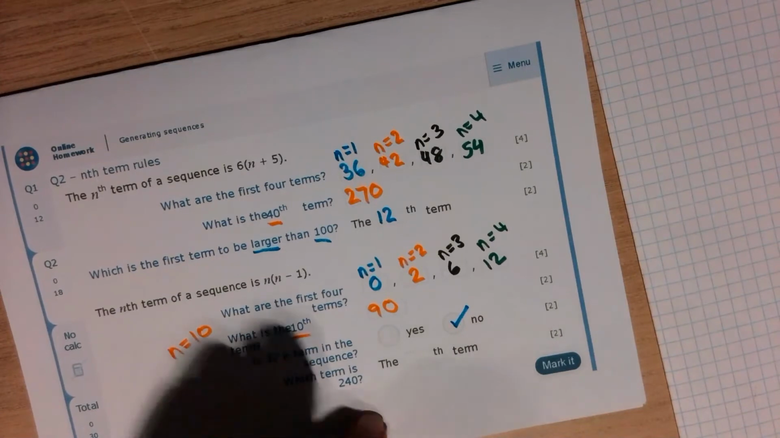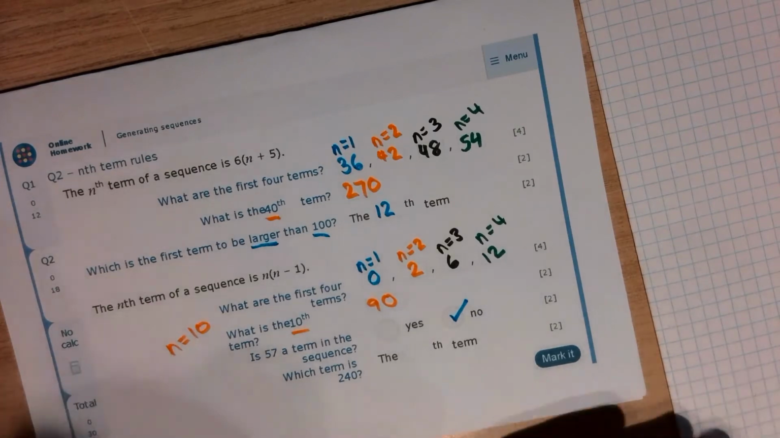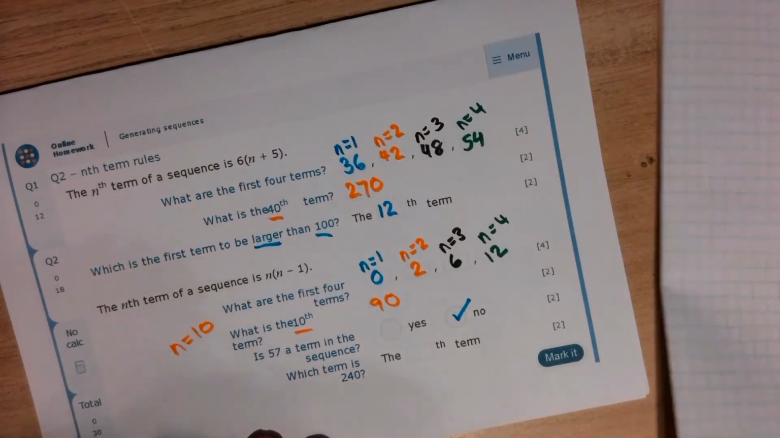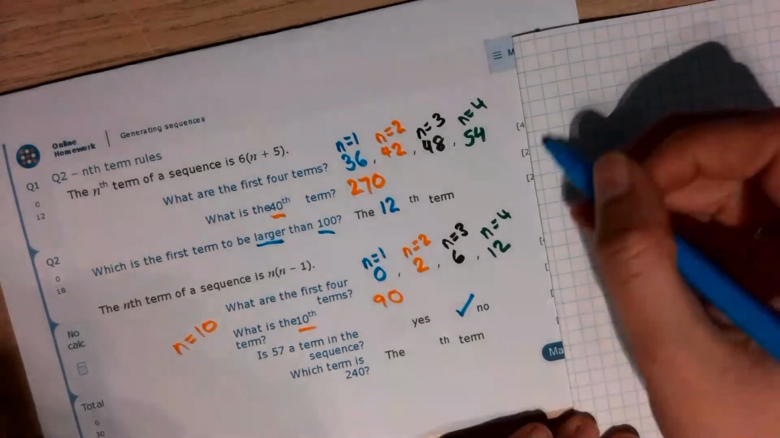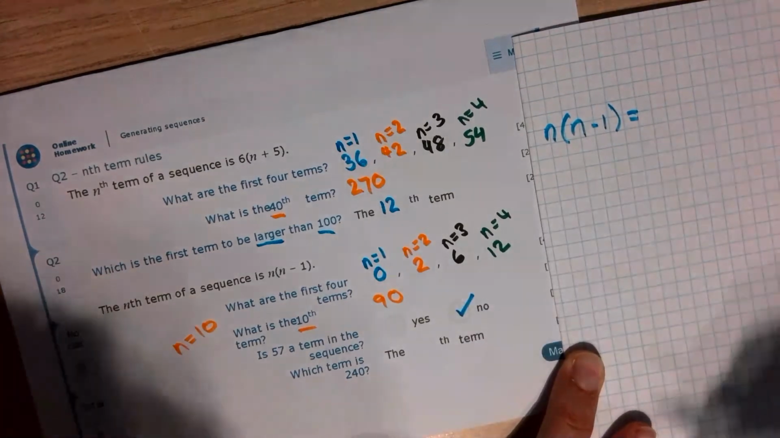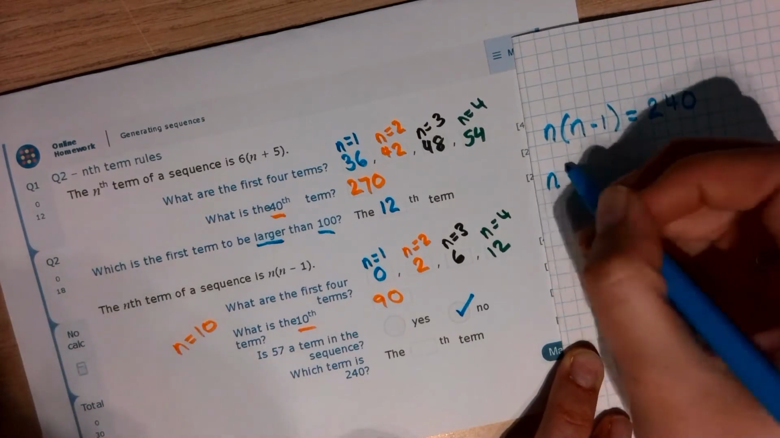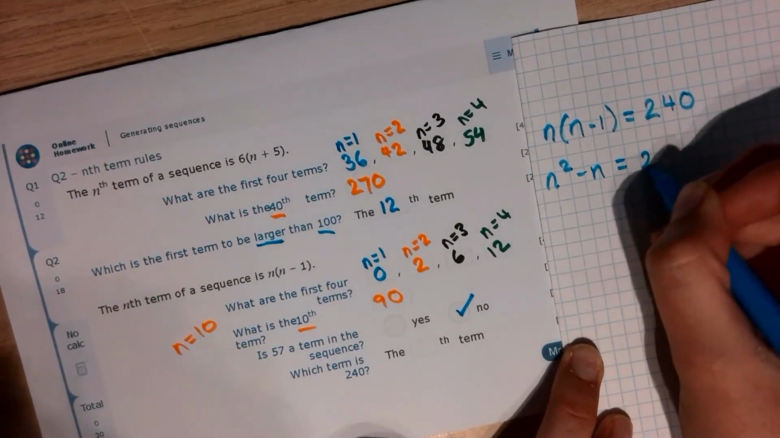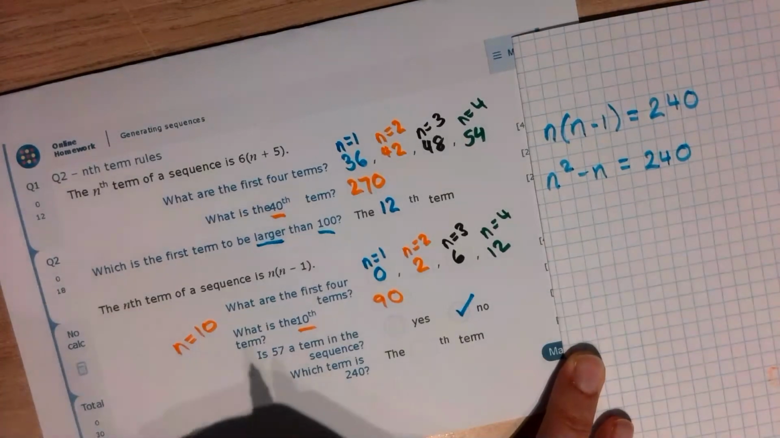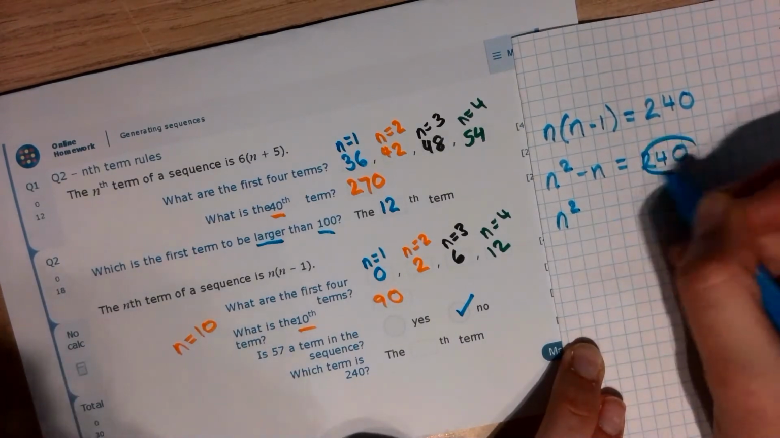Which term is 240? Now this is where we start to get a little more complicated than we are used to. For this we need to use something called quadratic equations. So first of all, I'm going to write out the nth term, n brackets, n take 1, equals, because it says what term is 240, so it wants to be equal to 240. I'm going to expand the brackets, and this is an interesting thing we do for quadratics, we always make it equal 0. So I'm going to make it equal 0, I need to remove 240,